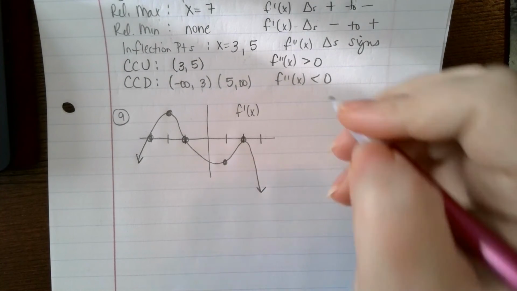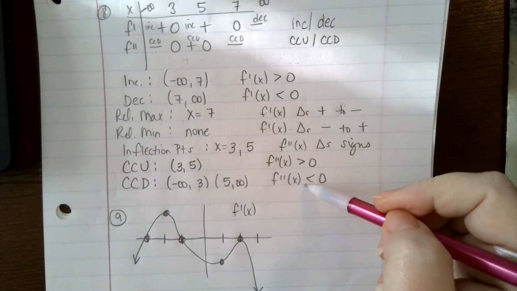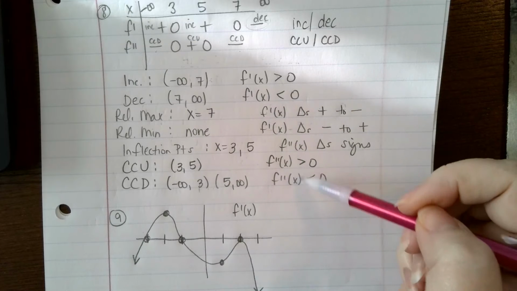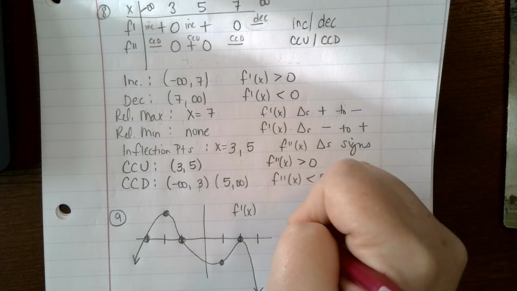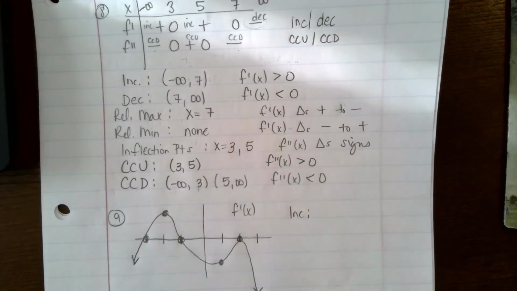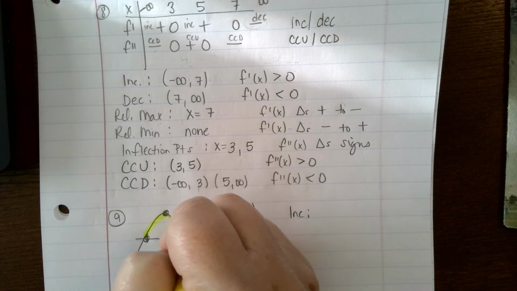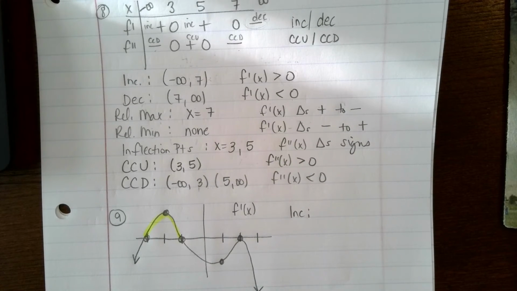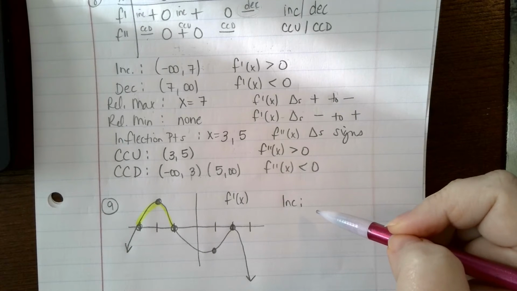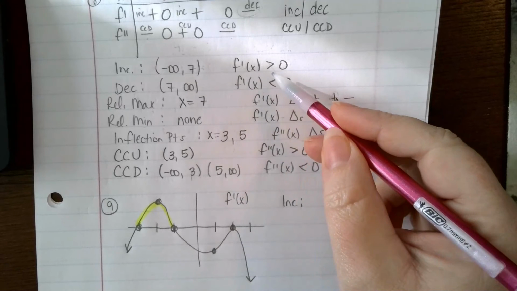Okay, now we have all of our justifications. All of our justifications are going to be the same, so I'm not going to rewrite them, but I'll refer back to them. All right, so intervals of increasing. That's where the first derivative is positive. Well, our first derivative is positive here on top. Now again, you can't say the justification is "on top." On top doesn't work. You have to say because the first derivative is greater than 0, the first derivative is